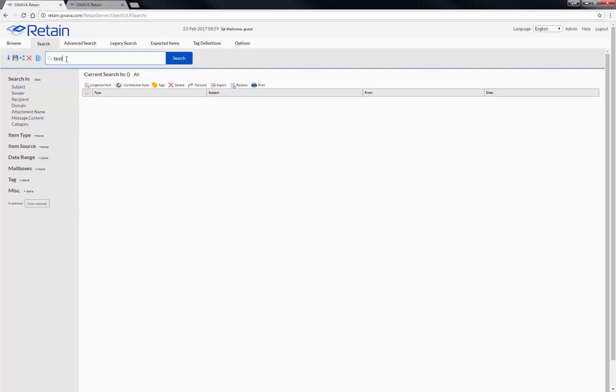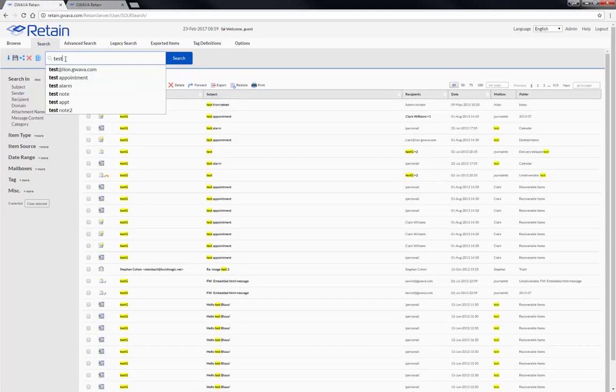So once again, I'm going to type in here. It's going to give me auto-suggest of things that are in the archive. This is the entire archive. It's a test server, so it's going to be interesting information, right? But you can see that once again, the information was highlighted here, and then you can actually drill down